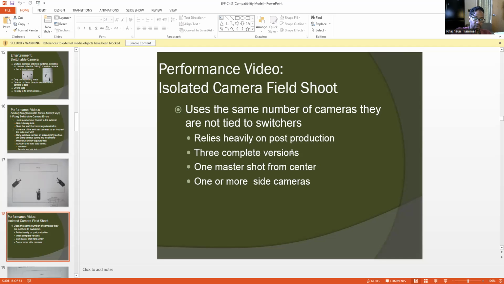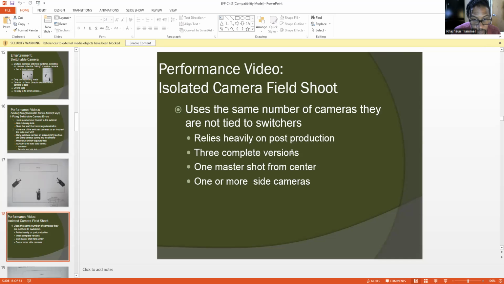These usually have a main shot from the center and one or more side cameras. That can also be true for the switchable camera field shoot, but since I didn't have it on that slide, don't get too caught up in that.